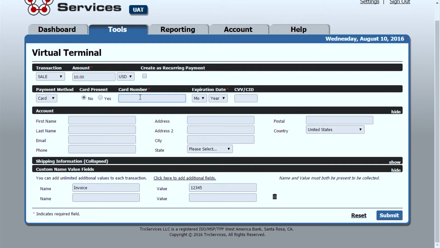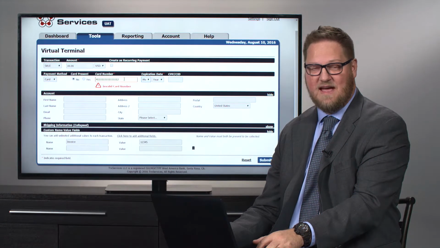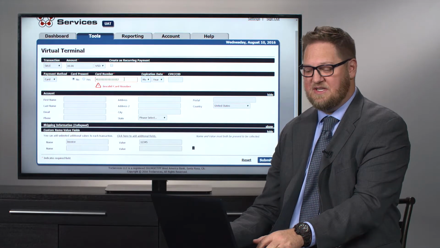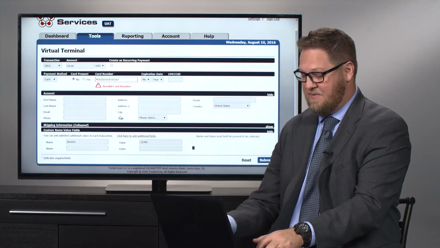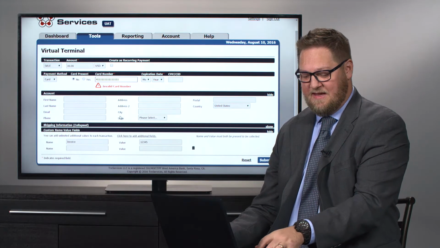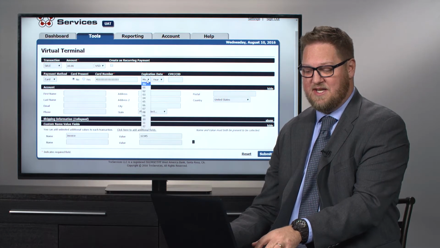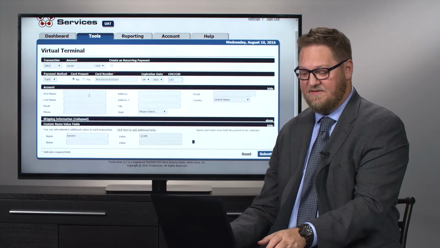If I key in, because this is a test system, just a standard fake credit card number, you'll notice that we do what's called credit card checking, where we verify if the card could be valid or not. If it's not possibly a valid card, in other words, if you've miskeyed or somebody's provided you a number in error, the system will automatically tell you that, which prevents you from being charged an authorization fee on a card that wouldn't otherwise ever be accepted. If the card is valid, the system will allow you to continue, and then you can go ahead and choose the expiration date, the CVV information,